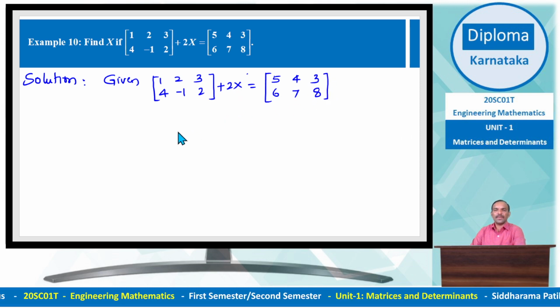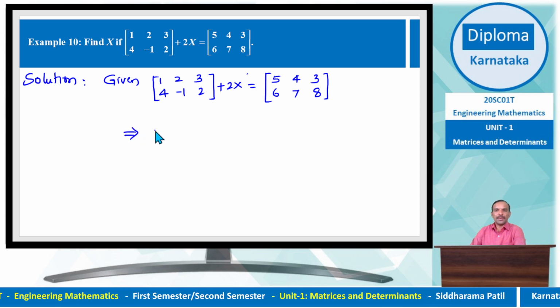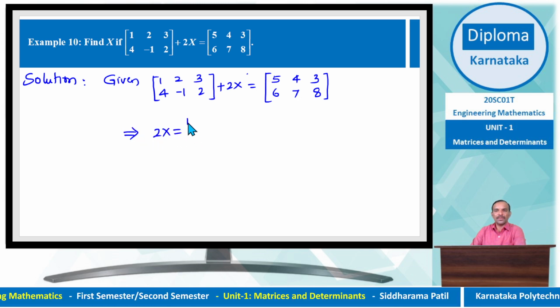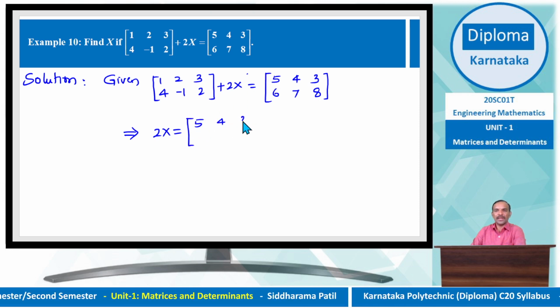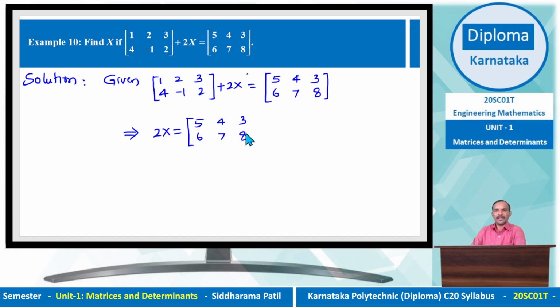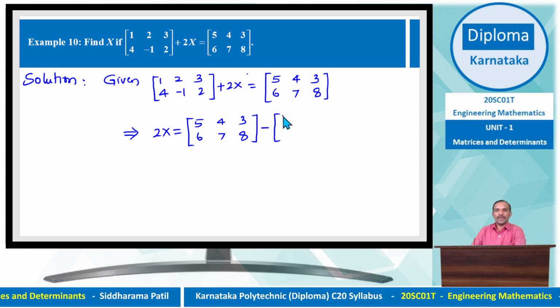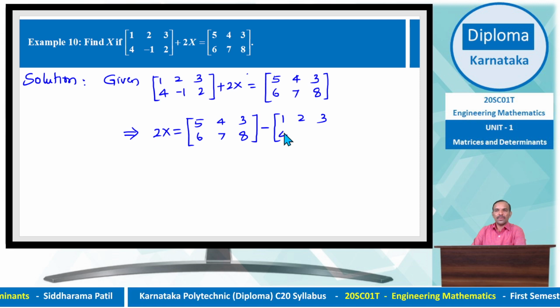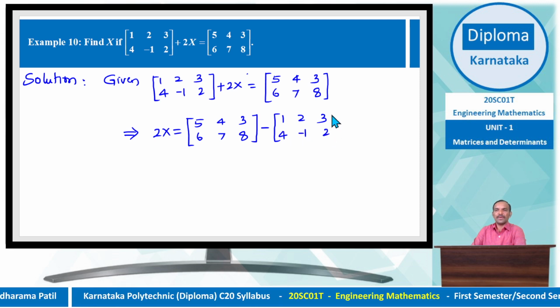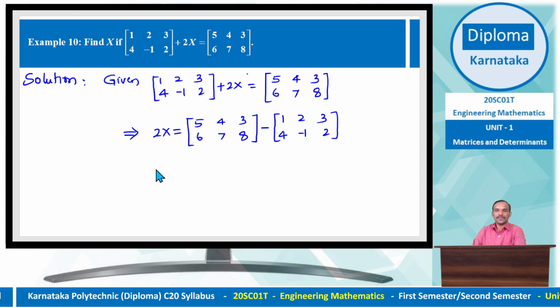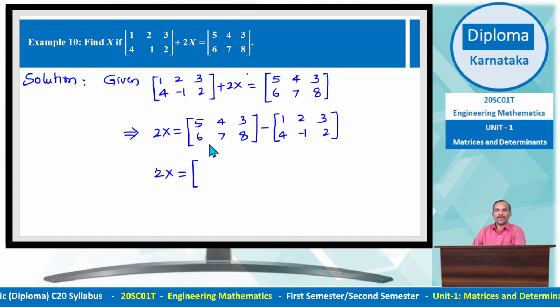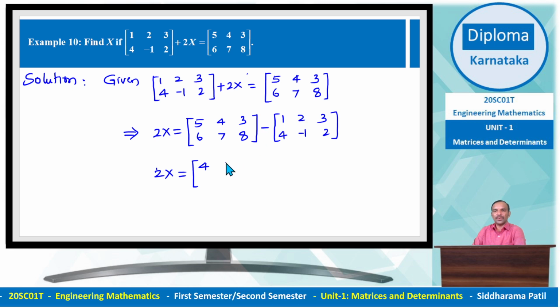Then you have to find out x, which implies 2x is equal to 5 4 3 6 7 8, this plus becomes minus, 1 2 3 4 minus 1 2. Then 2x equal to, subtracting: 5 minus 1 is 4, 4 minus 2 is 2, 3 minus 3 is 0,